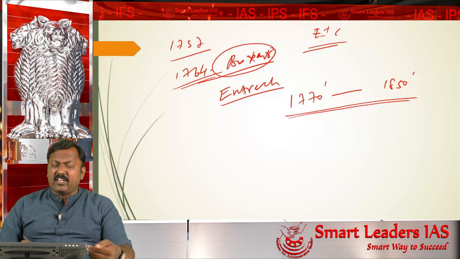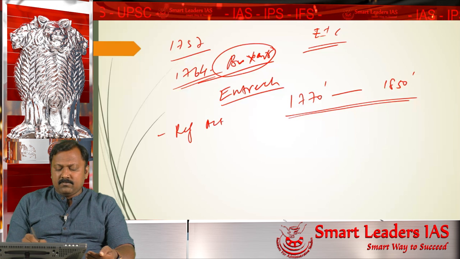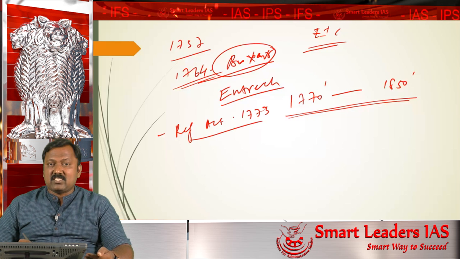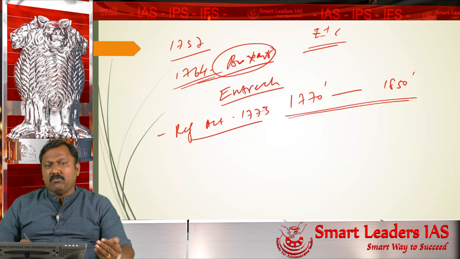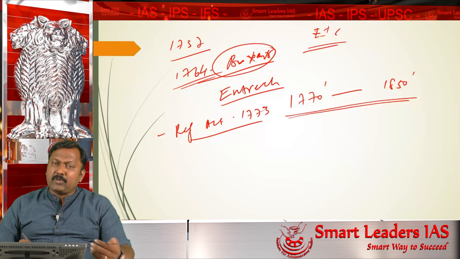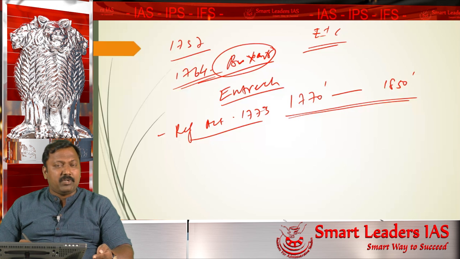This process of entrenchment happened in India by the Regulating Act, which was passed in the year 1773. Over a period of time, every 20 years we have an act. These acts were called Charter Acts. We will do a separate class on the Regulating Acts and Charter Acts. What are the provisions? What is the difference between the different Acts?